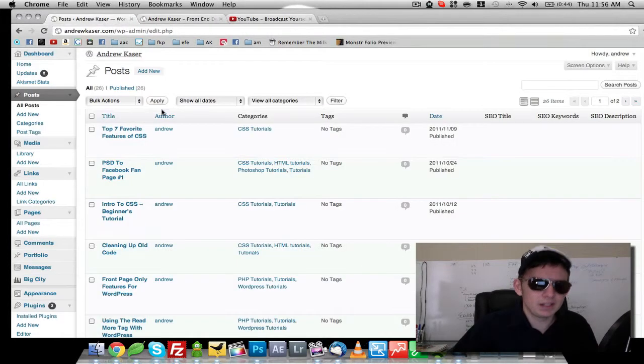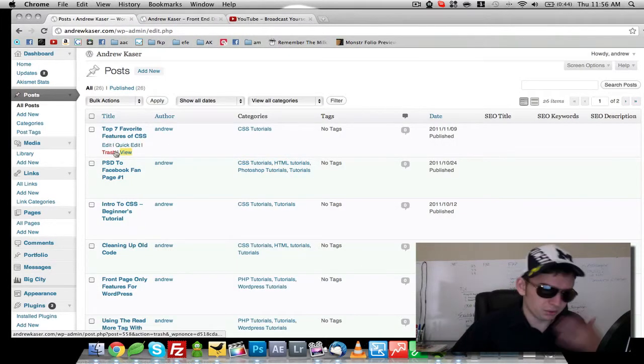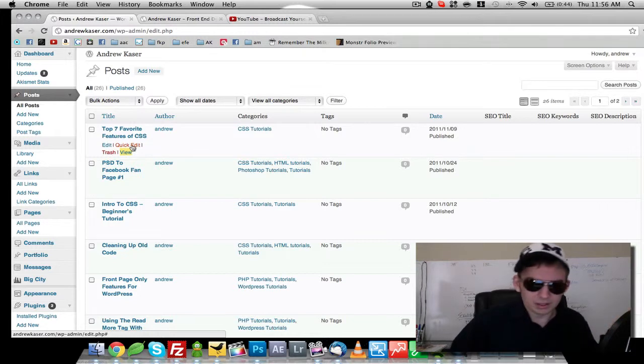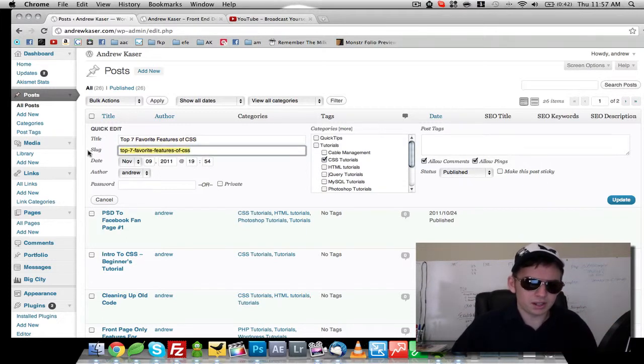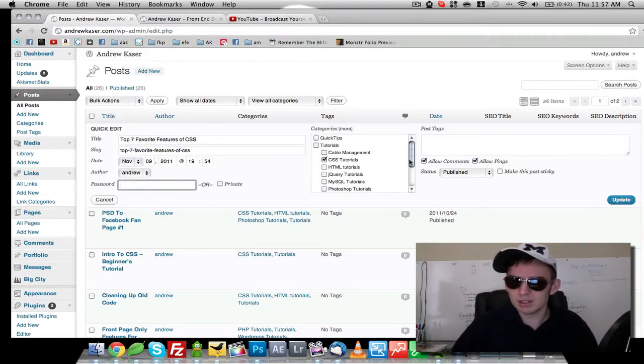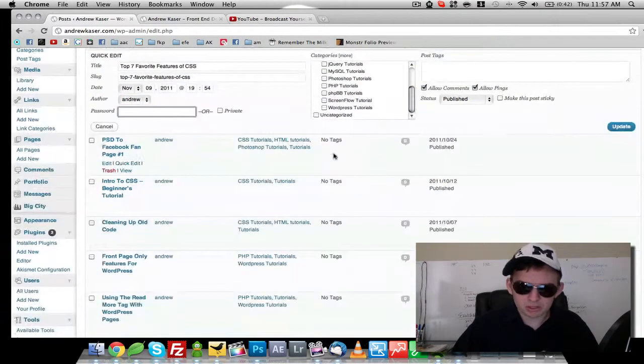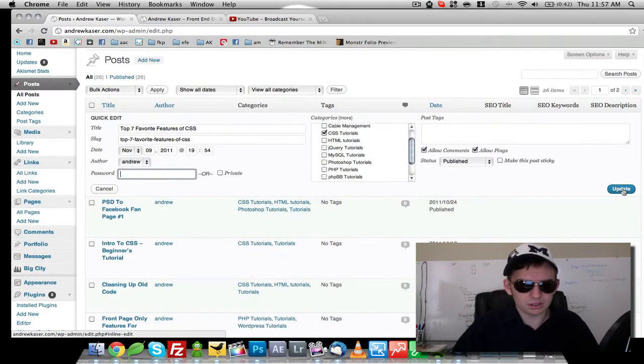Simple enough. And then trash will delete it, basically. It'll put it in the trash. It won't actually delete it. Now, quick edit is pretty cool because you can come in here and you can just edit the title real quick. You can edit the slug, the date, the author. You can password protect it. You can allow or disallow comments, make it a sticky, change the categories pretty quickly, and then you just update